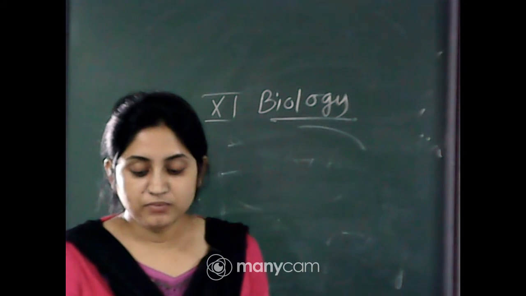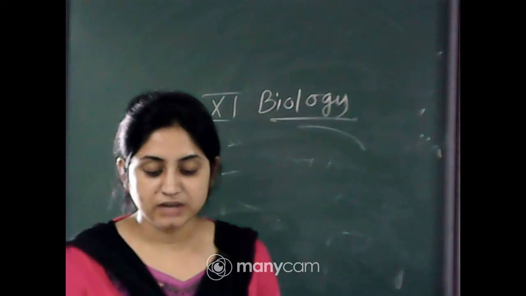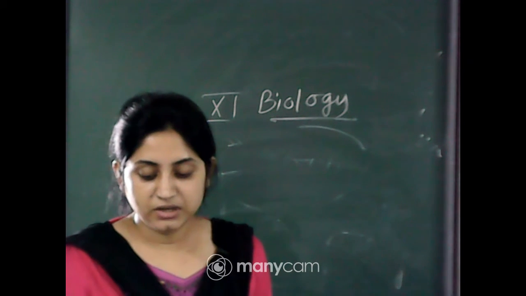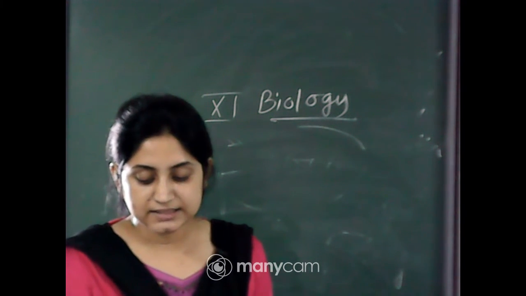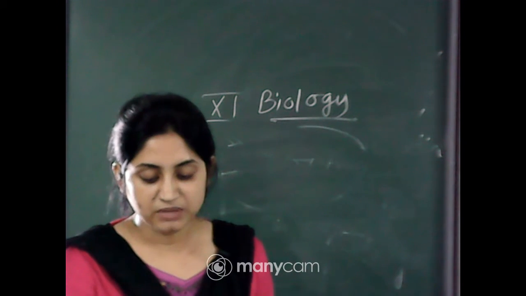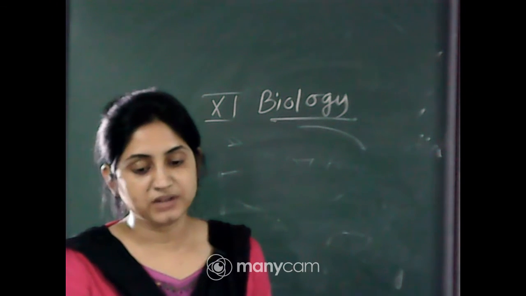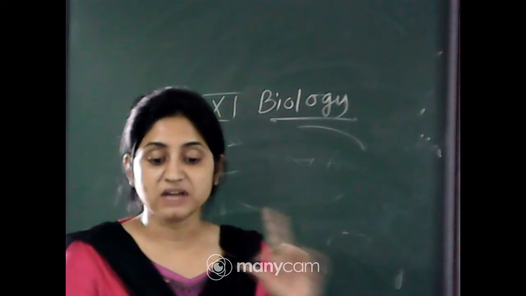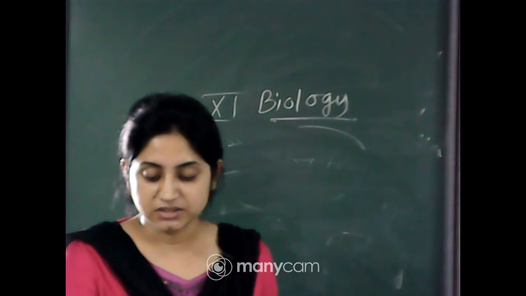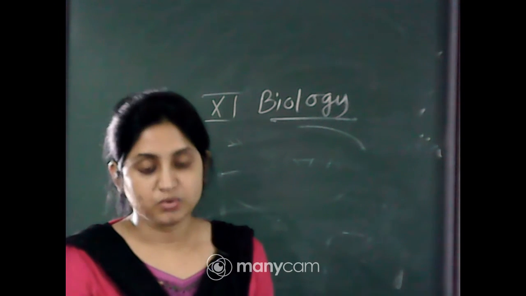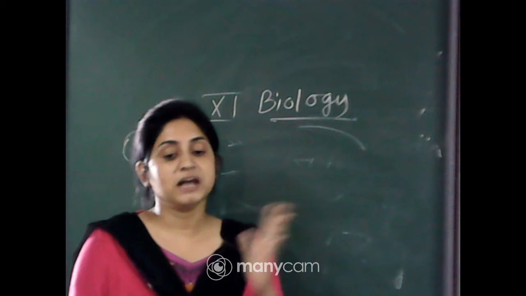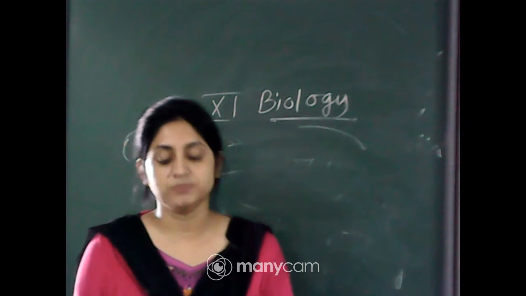A comparison of the volume of filtrate formed, 180 liters per day, with that of the urine released, 1.5 liters, suggests that nearly 99% of the filtrate has to be reabsorbed by the renal tubules. So, renal tubules also help in the reabsorption of that 99%. This process is known as reabsorption. So, the glomerulus helps in filtration, and reabsorption is done by the renal tubules.